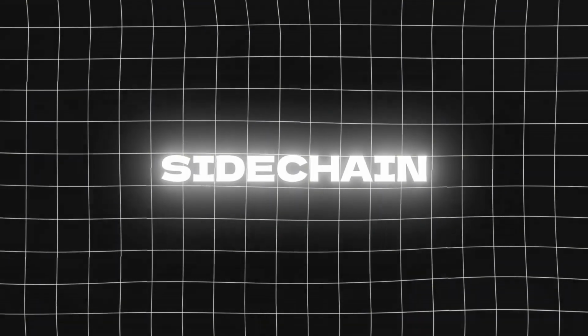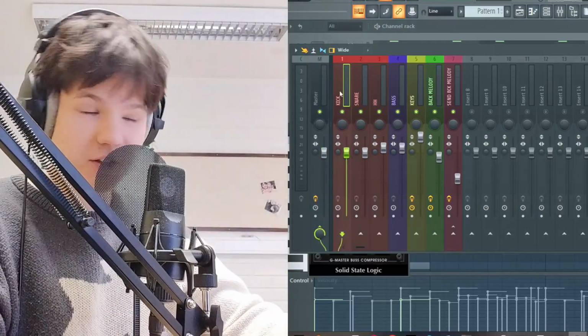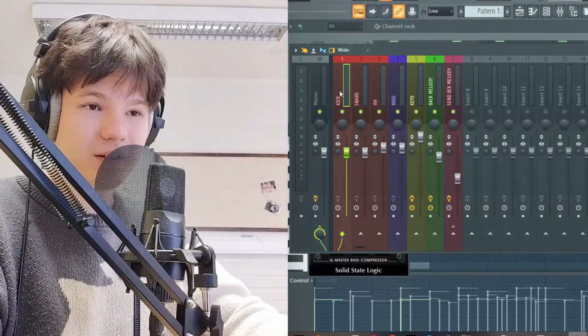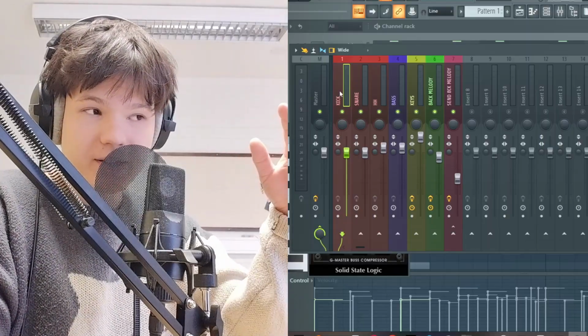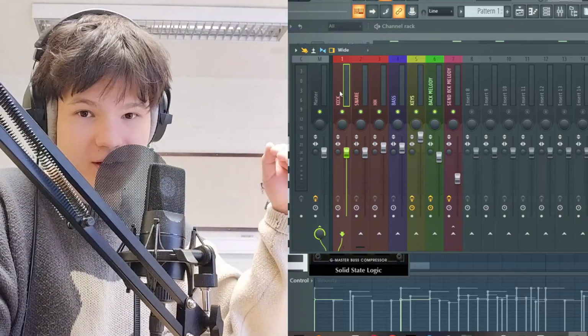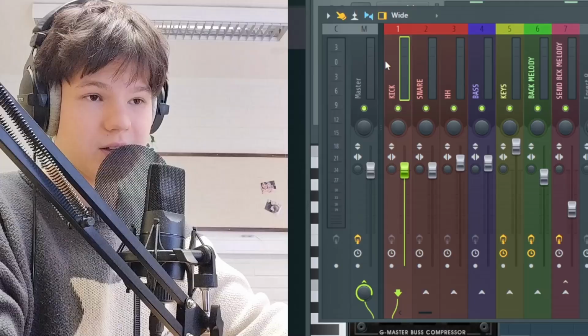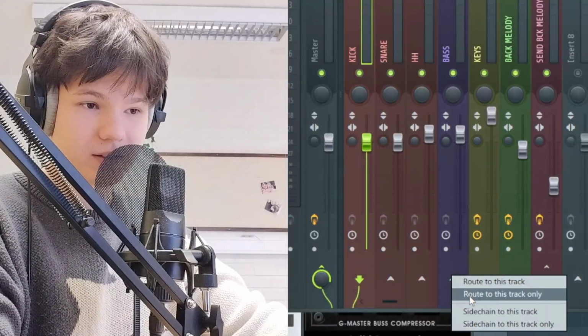Also, if you want to know about sidechaining in FL Studio, what is sidechain? Sidechain means that the volume of the, for example, 808 bass will be quieter when kick sound is playing. Let's try to do this by clicking on the kick, right click on the arrow under the bass and sidechain